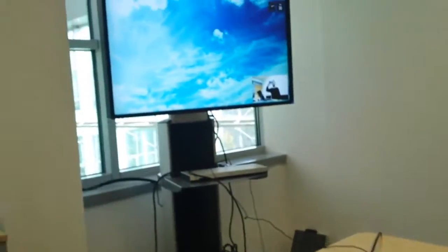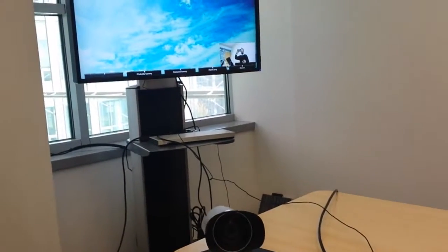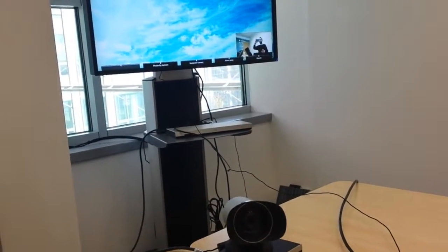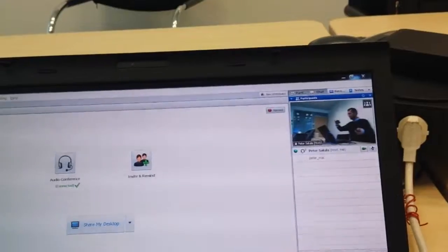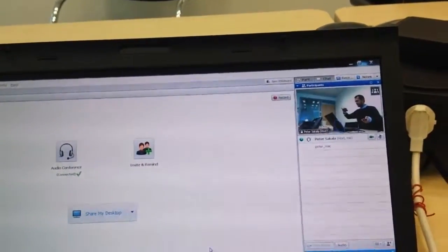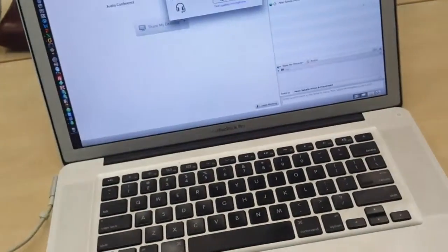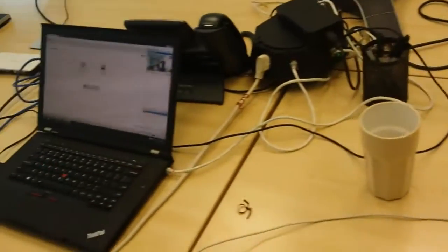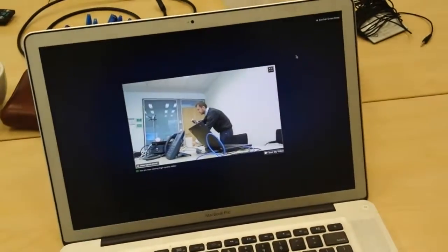Basically you see, I can see a self-view on the LCD screen. I can move around the camera, so hopefully you can see that down there in the lower right corner, and obviously that gets also displayed in the Webex window. Now if I move to the other laptop here, which is basically a Webex participant, between these two laptops, the laptop on the left and the laptop on the right, I have a Webex session running. I can switch this video to full screen,